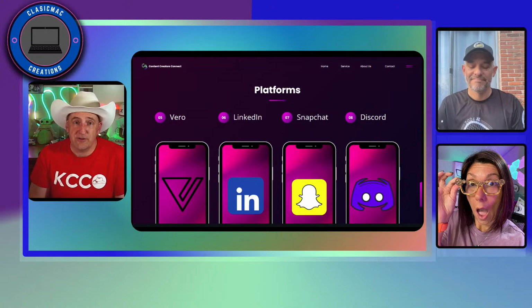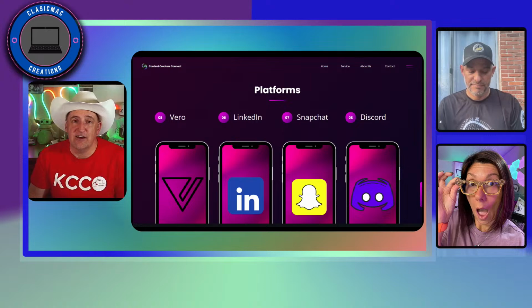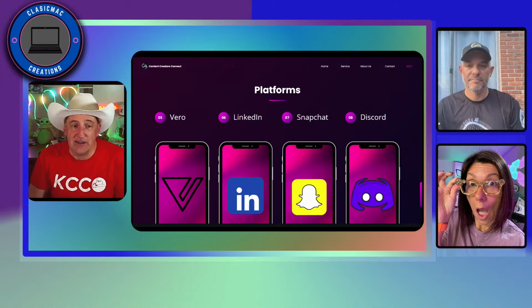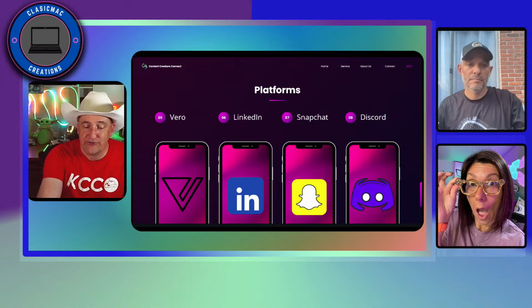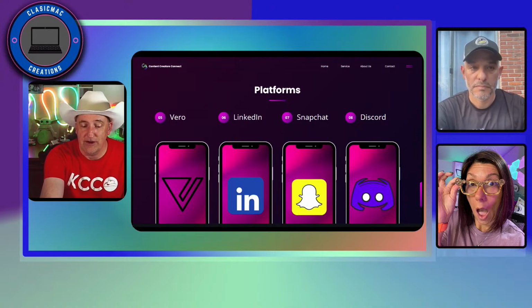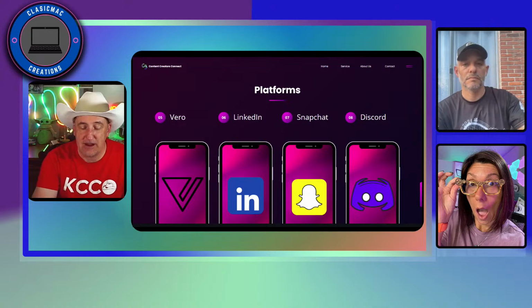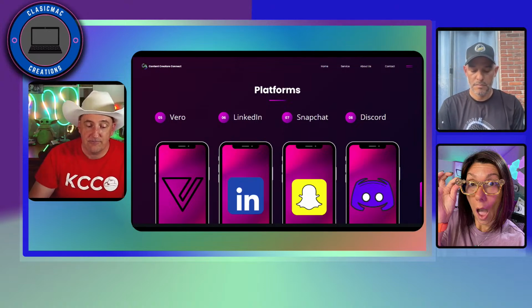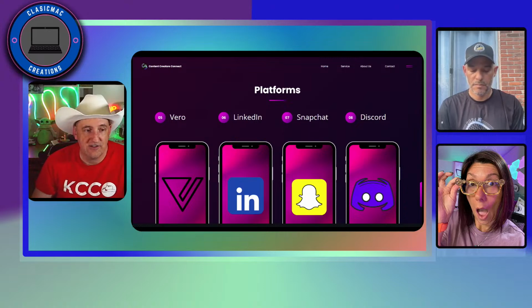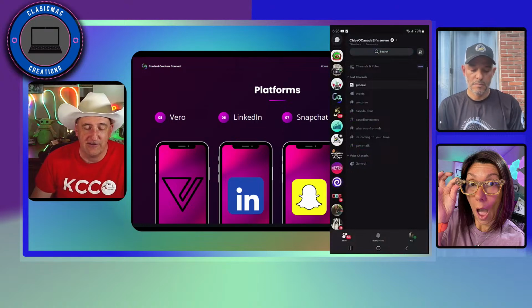And one other place is Discord. This is a great place to build a community. You can have a server dedicated to your community and make up different channels that people can participate in. Once again, let's switch on over to here.